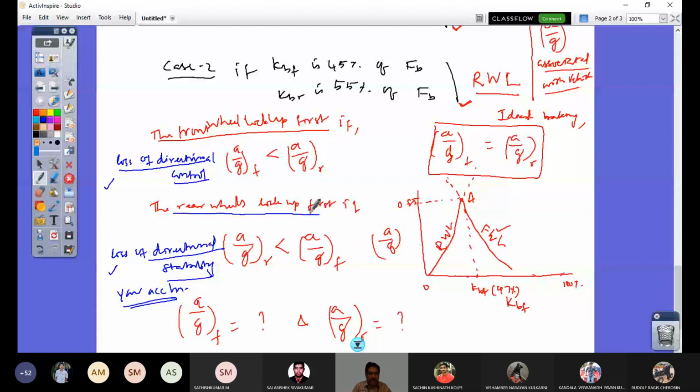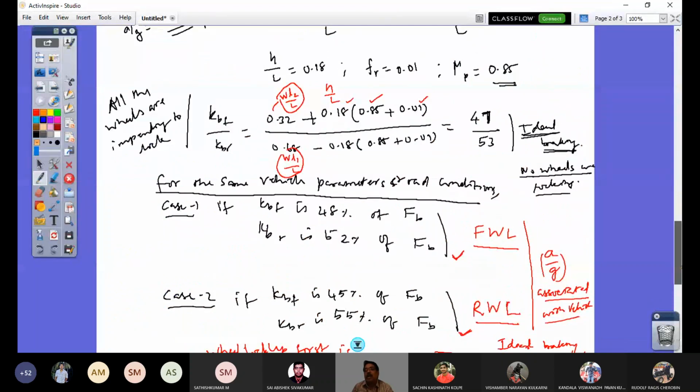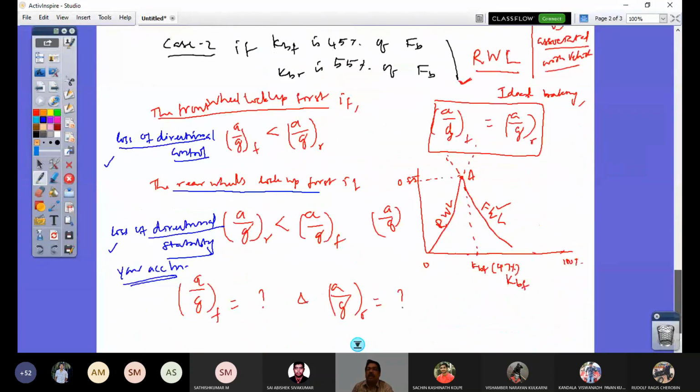I will stop at this point, and if you have any doubts, you can ask. So the question posted nicely, I got it from a student, is that stating this front wheel lock or rear wheel lock, looking at this value, you can always remember, but how that is coming is quantitative, or you have to work on the vehicle that you have chosen, 3 vehicles. You are expected to have the expression for A by G associated with the impending rear wheel lock and the impending front wheel lock, so that you would have those plots, and that would give you this condition. And this plot, whatever I have drawn, is for a loaded vehicle.